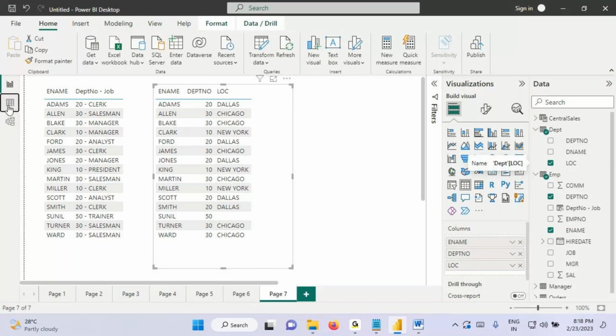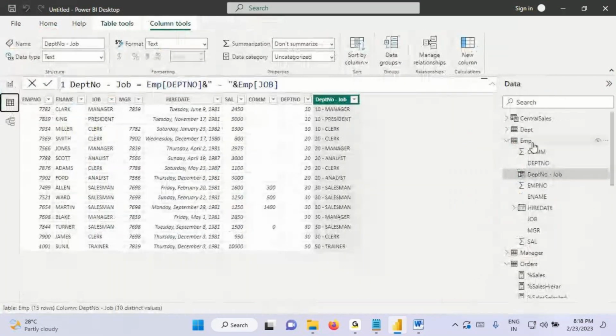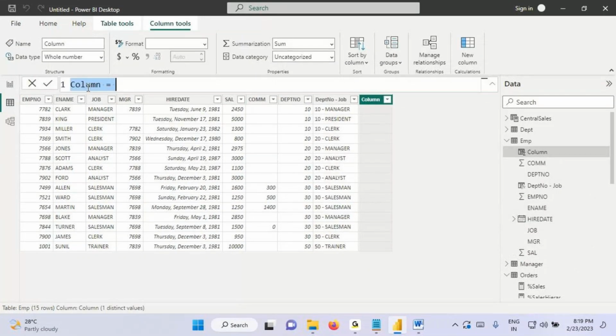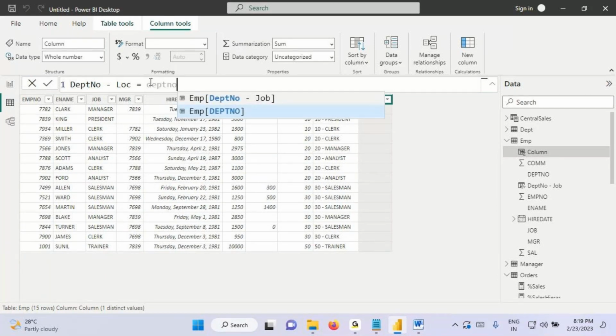Data view. Then you need to go to which table? Employee table. You need to derive a new column called what? Department number hyphen location. To get department number hyphen location, what can I do? Take the department number column, then the text concatenation operator. Concatenate with what? Hyphen, then one more ampersand, then